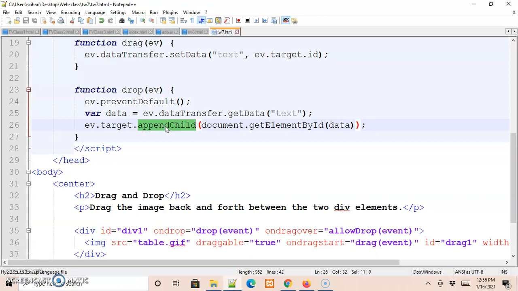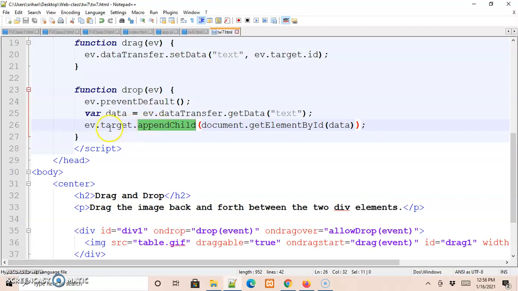Let us say, for example, if you have a list of students and I want to add one more student name at the end, then I can use this appendChild method to add a student name at the end of the list. Okay, it does mean that the li HTML element gets added at the end of the set of list elements. So basically it will add at the end of the list.